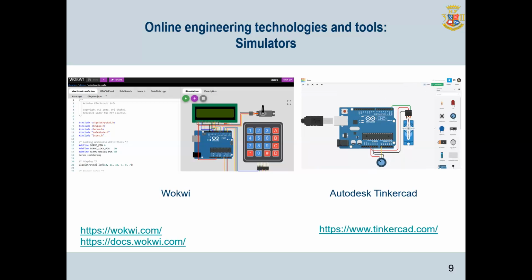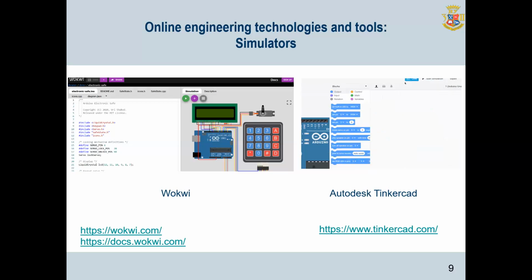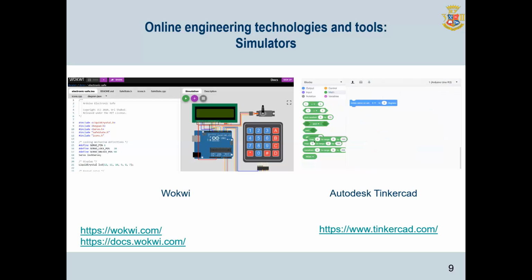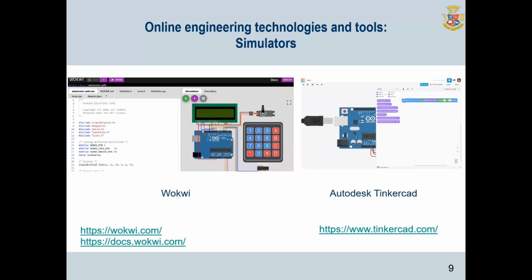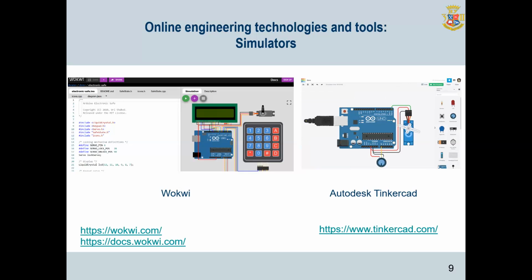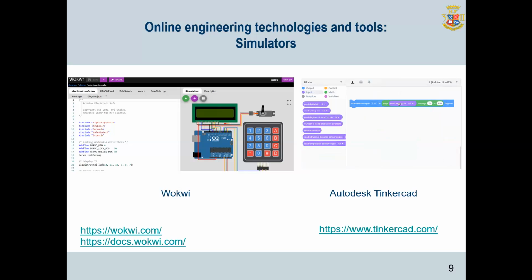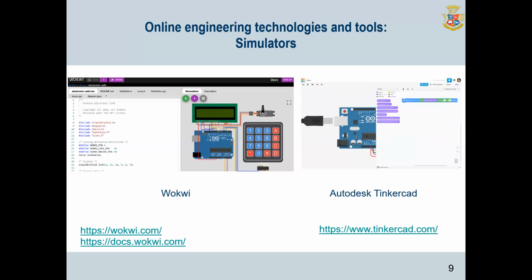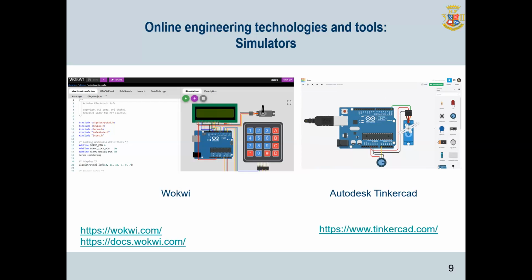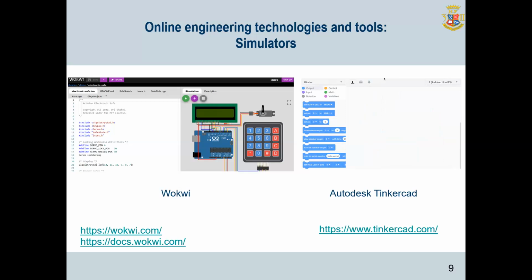Tinkercad from Autodesk is a free, powerful, and easy-to-use web platform for 3D design, electronics, and coding, trusted by over 50 million people around the world. The main possibilities of Tinkercad are visual editor for schemes and program codes, collection of models of most popular electronic components grouped by type, debug and circuit simulation modes, ready-to-deploy Arduino project with schematic and code, the ability to export